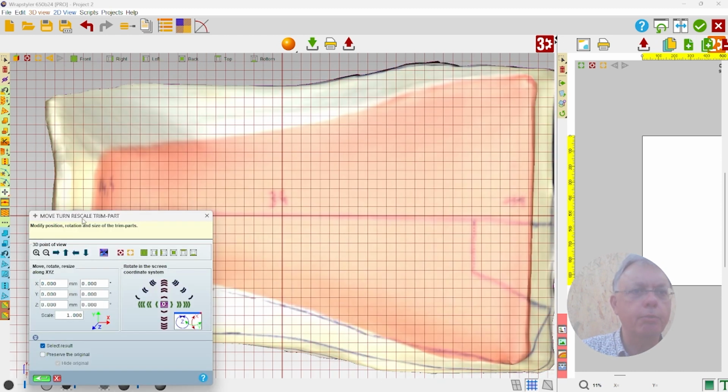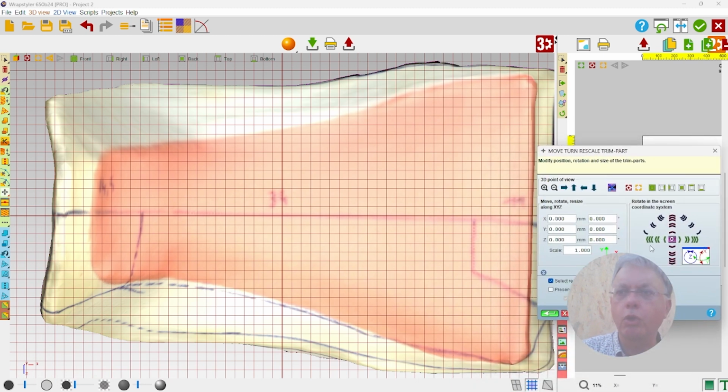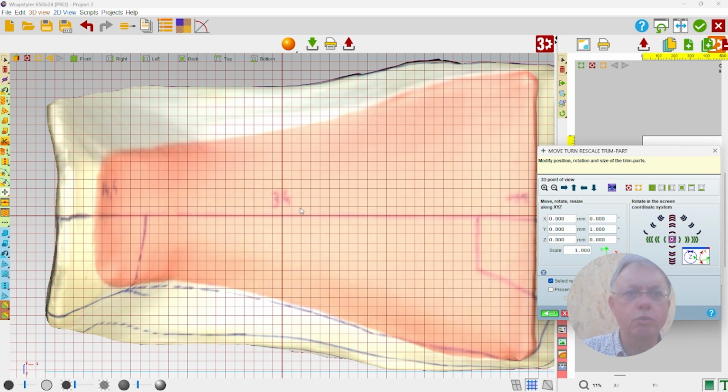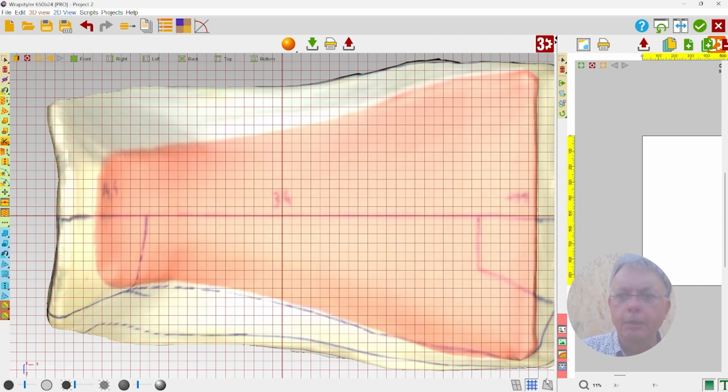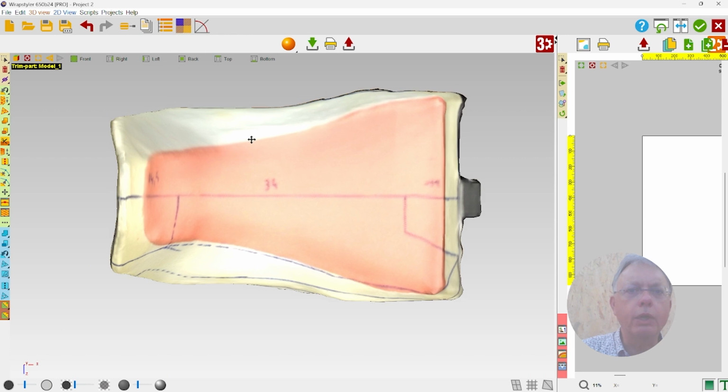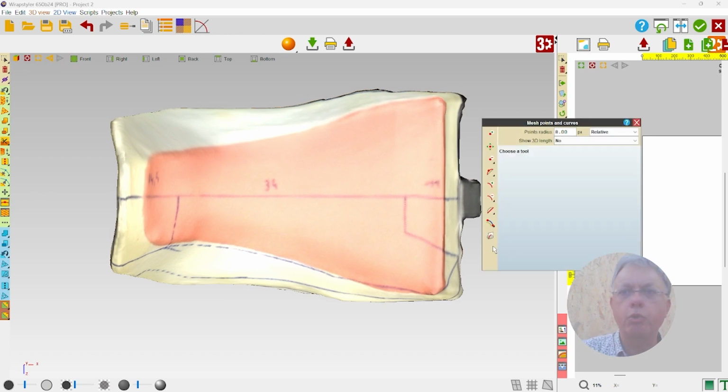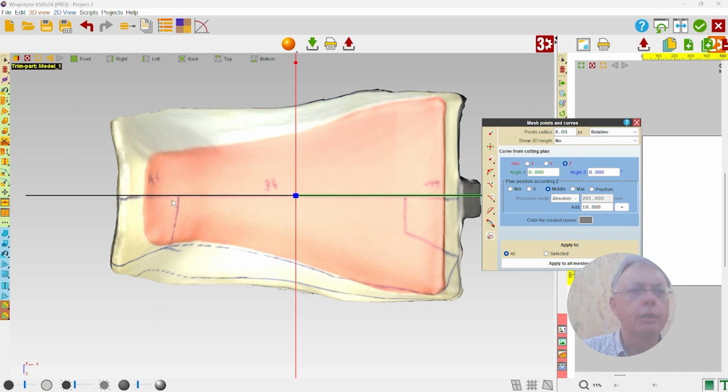We can use, for example, this feature to turn the seat slightly to have a nice alignment of this line. You can see this line of the scan here. So once the seat is completely aligned, we are going to create a central cutting line here.